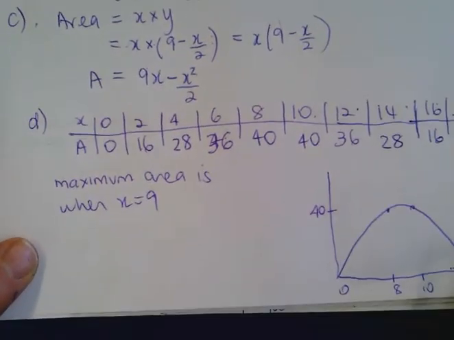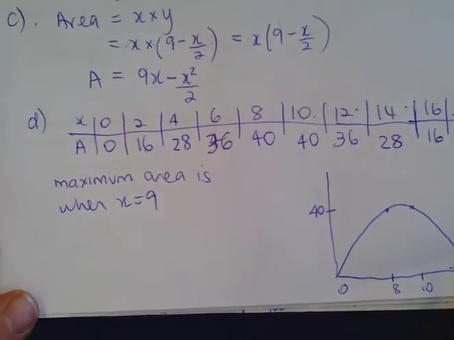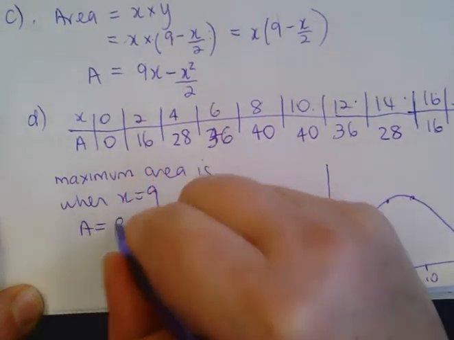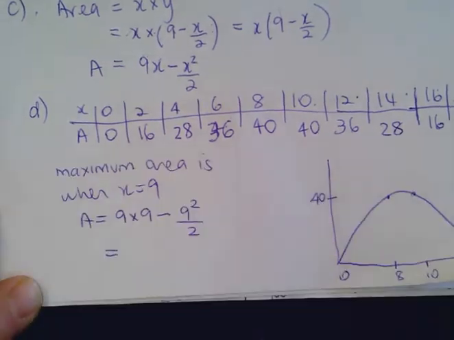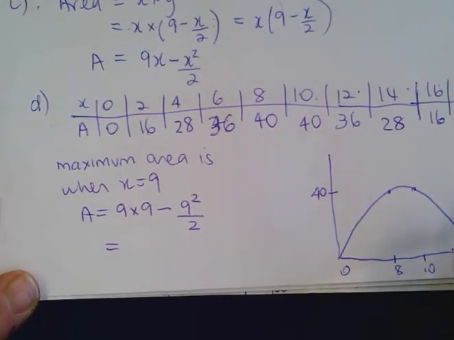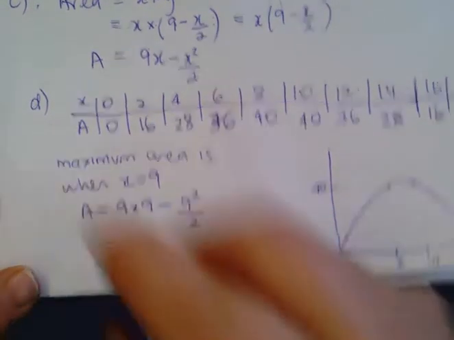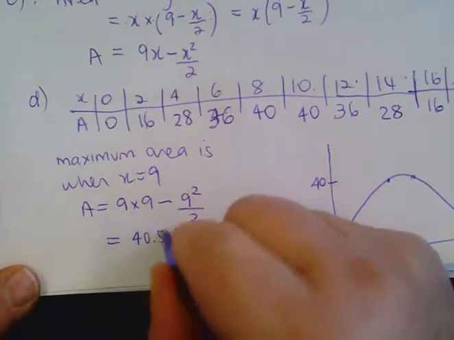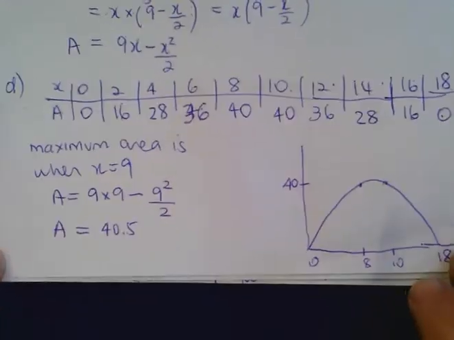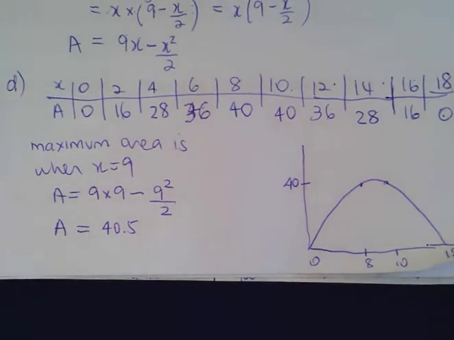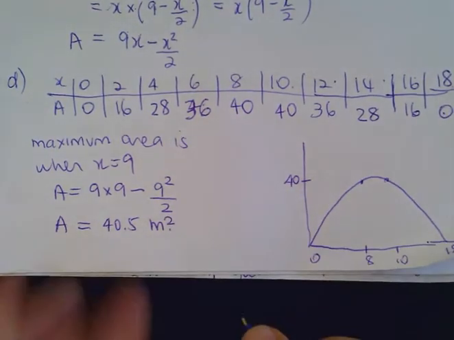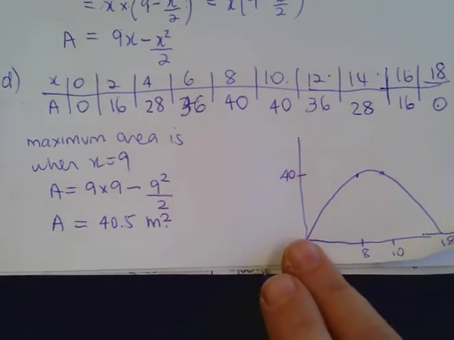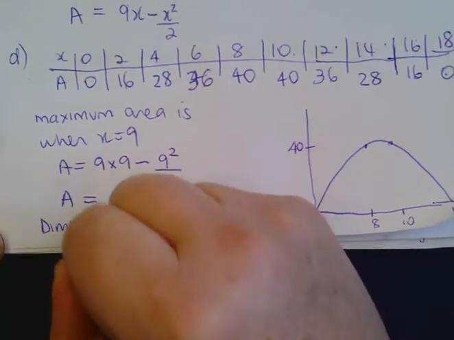Again, about in the middle. So area is 9 times 9 minus 9 squared over 2. That's 81 minus 40 and a half. Is that 40 and a half? Notice it's very close. Don't say, I'll just put 40, that's good enough. It's not good enough. It's 40.5. So the maximum area is 40.5 meters squared when the dimensions are